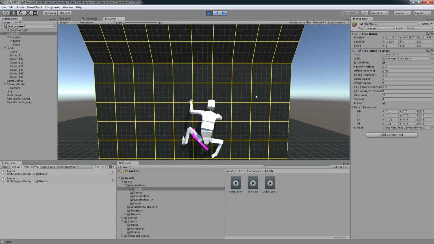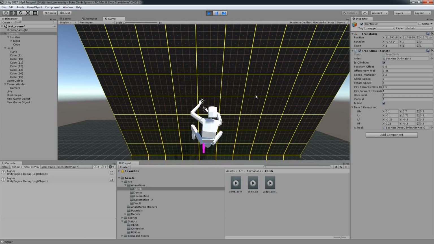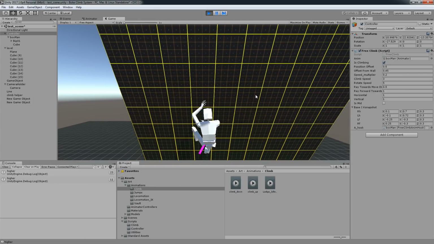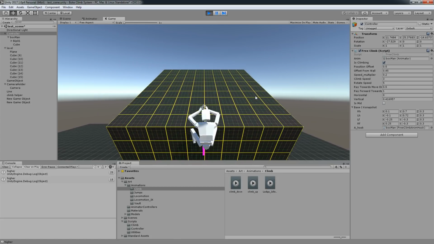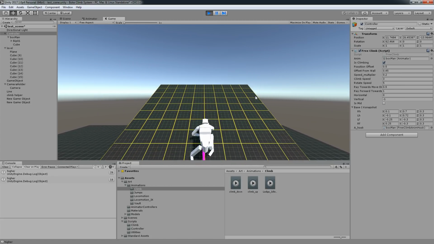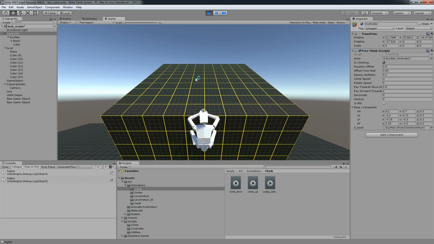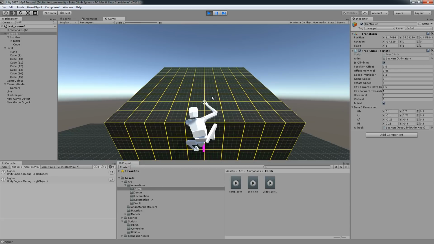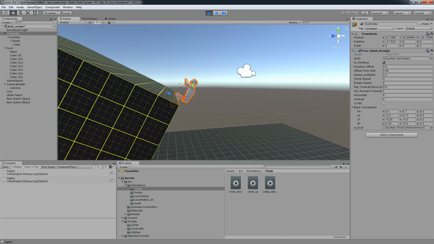Yeah, so we might need to rethink this a lot more, I guess, and see what we can do with the IK. Also this, because you can see that you should probably start going this way when you are about here, I guess.